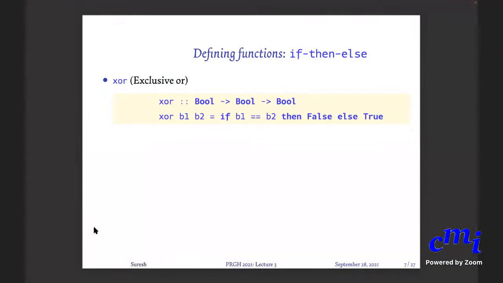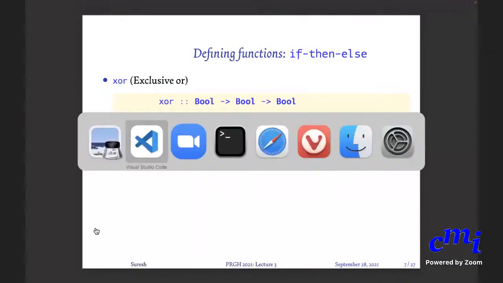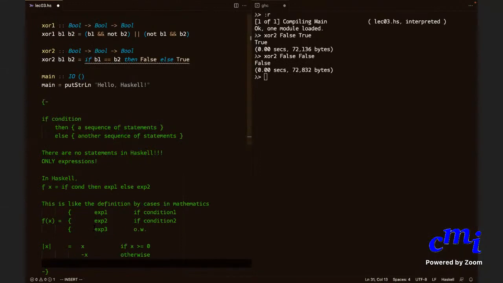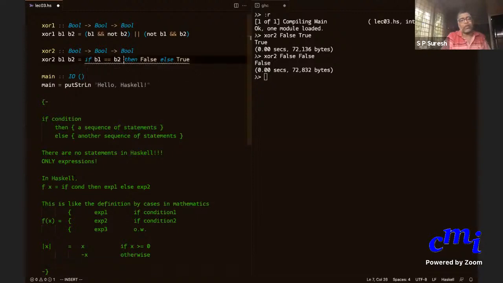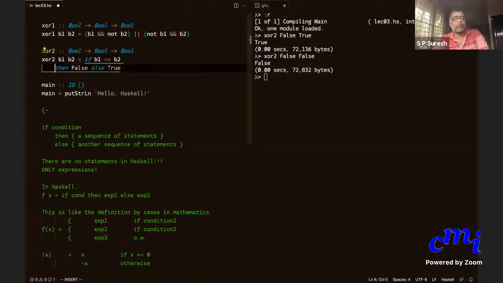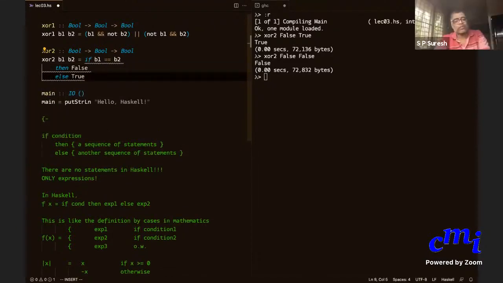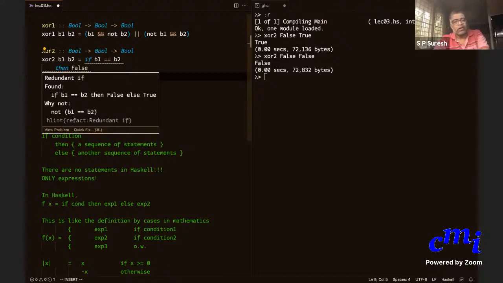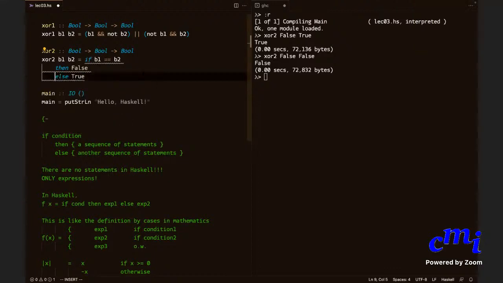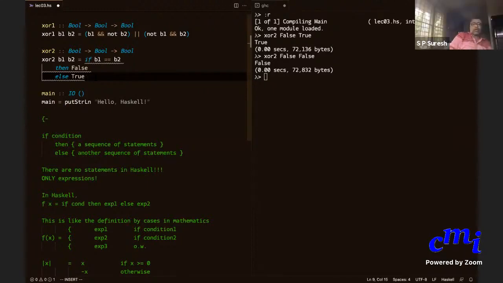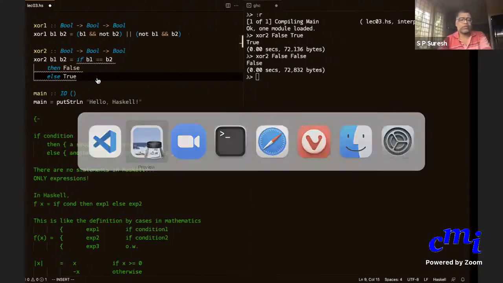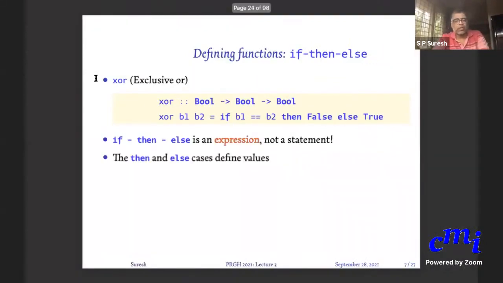Hello, sir. Yes. So is it compulsory to write the if else statement in one line? Yeah. No, you don't need to write it in one line. It will typically not be possible. You can do this. Yeah, you can do it like this. Yes, if you press enter, it will automatically indent. That's fine. Okay, good. So that is another version of XOR. Now let's look at the third version of XOR.